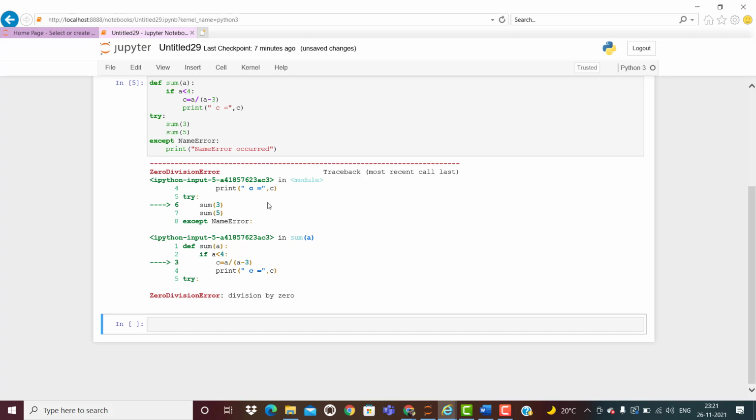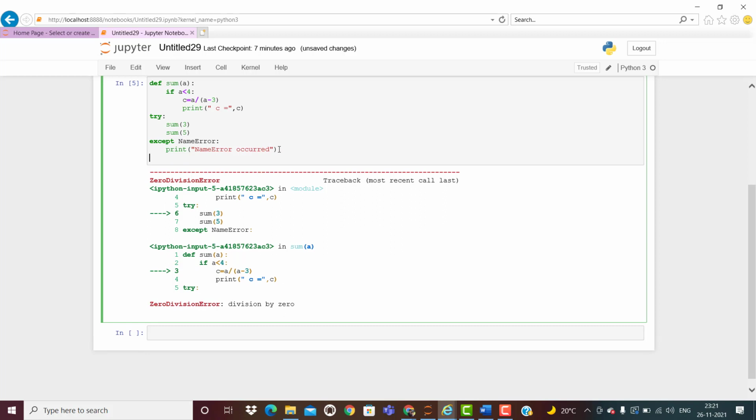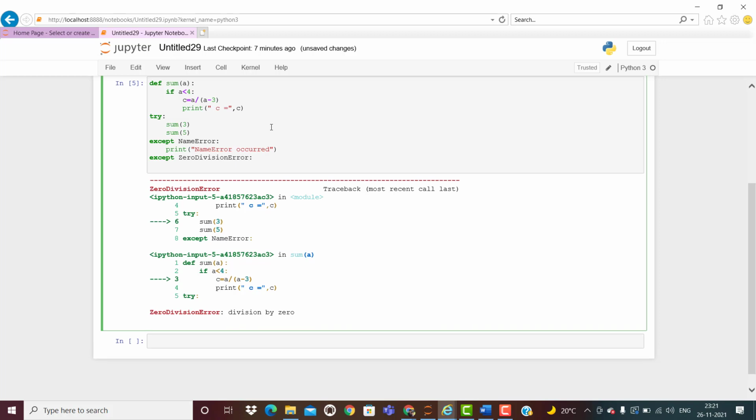Okay, so here instead of writing the error name, I am going to use another exception also. I don't know which exception it comes. So this is a 0. So dividing with 0, ZeroDivisionError. So here I am going to write print, ZeroDivisionError occurred.